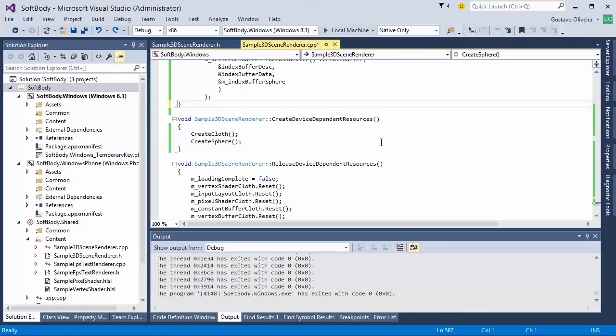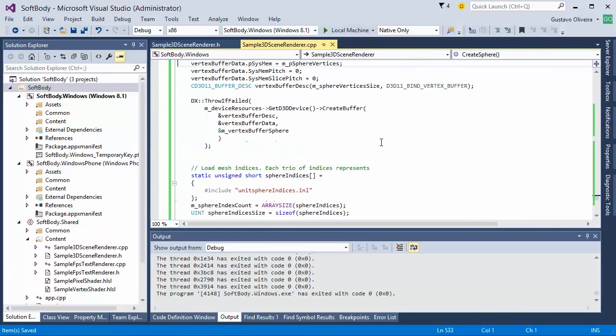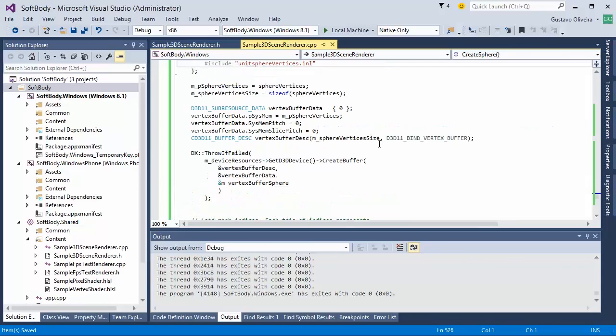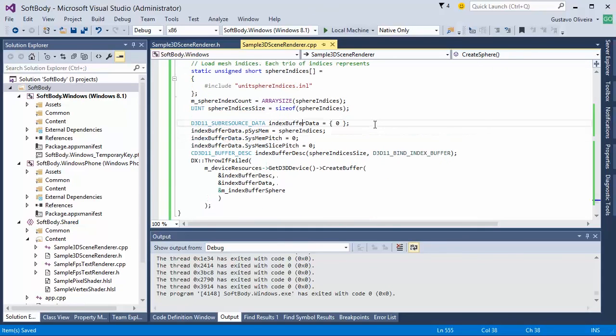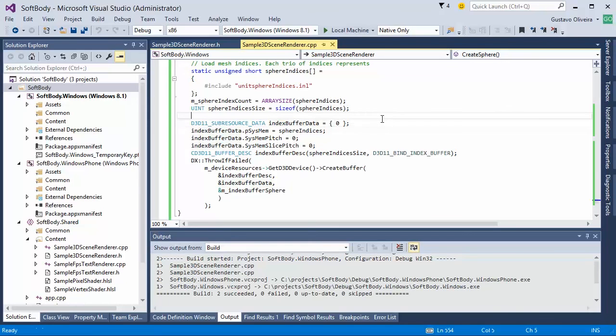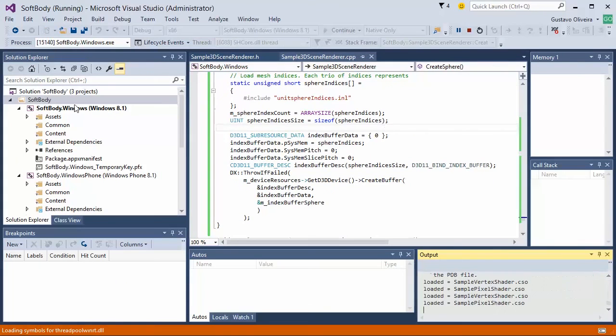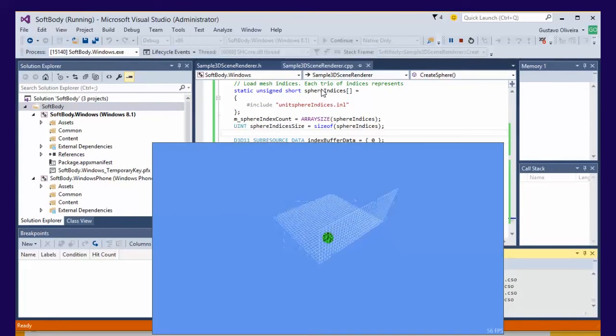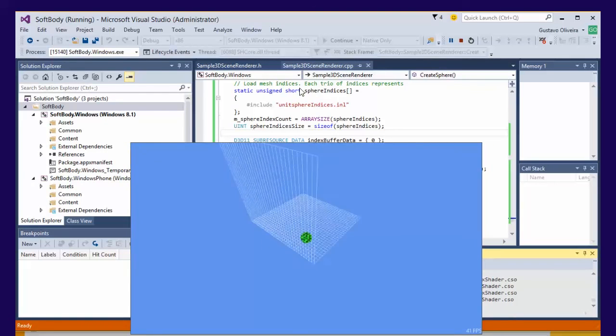I fixed the vertex, I did the same thing, and now I think it's good to go. It was just a copy and paste problem. Let me compile this, and now we should be able to see. There you go. I have my little sphere there with my morphable object,